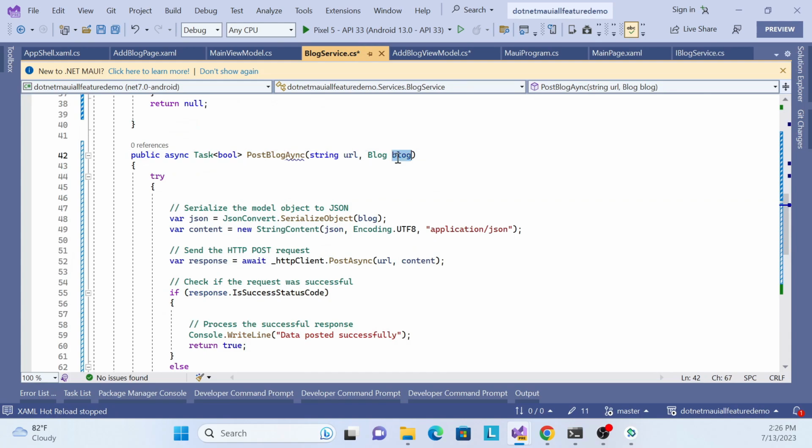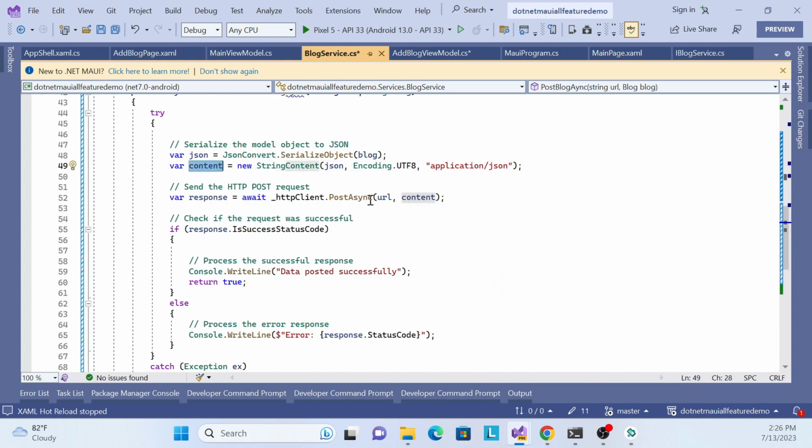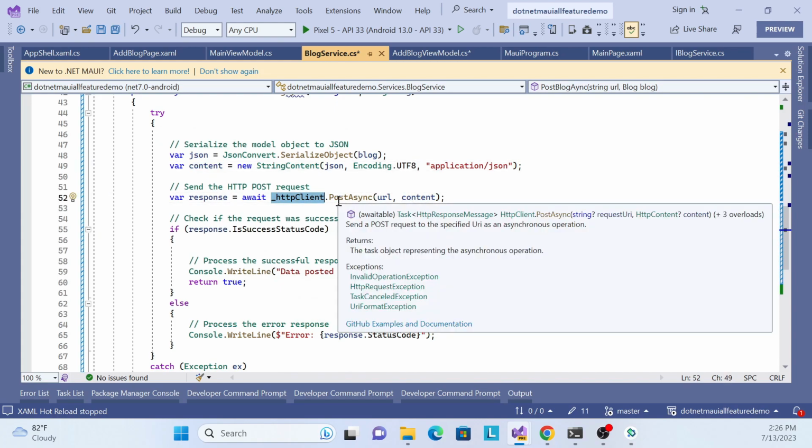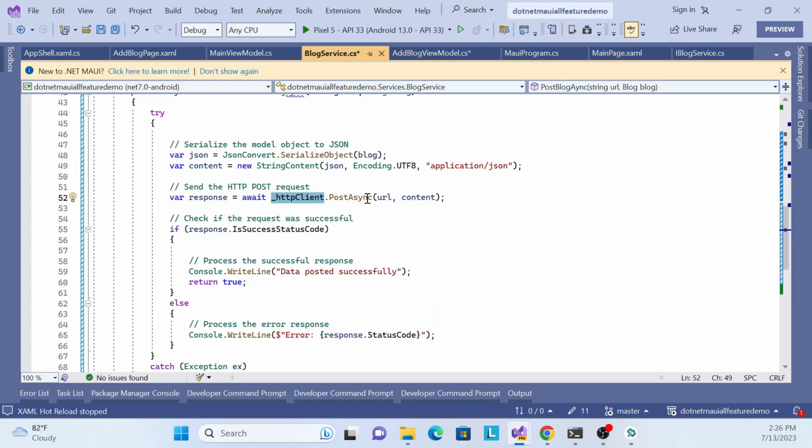Okay, and we pass it over here, and we just serialize that object so that we can pass it to a string content. That is required; this string content records whatever data you want, just pass it as a string, in whatever format. We want a JSON format, so that's why we serialize and pass it over here. Okay, this is content, and with this content we use HttpClient and the post method, and this post method actually requires